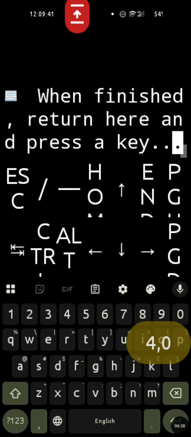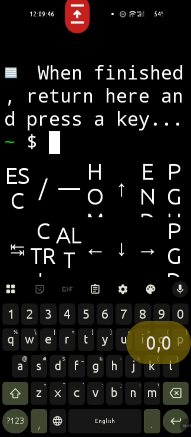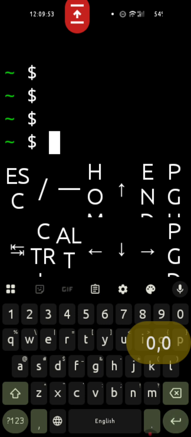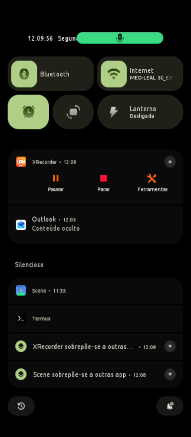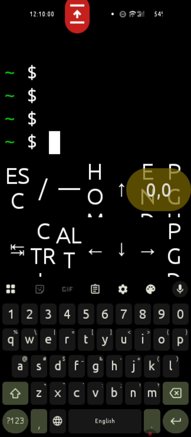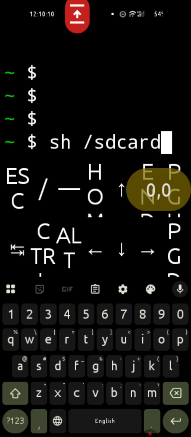Now let's say we close the game and somehow the terminal closes itself. Like I will do just Control C. Okay, so as you can see, this is looking pretty bad and you can't even use the system normally like this, right? So we're gonna restore that backup file. We do sh and then we do the path for the file that contains all our settings backed up so we can restore. So that's SD card